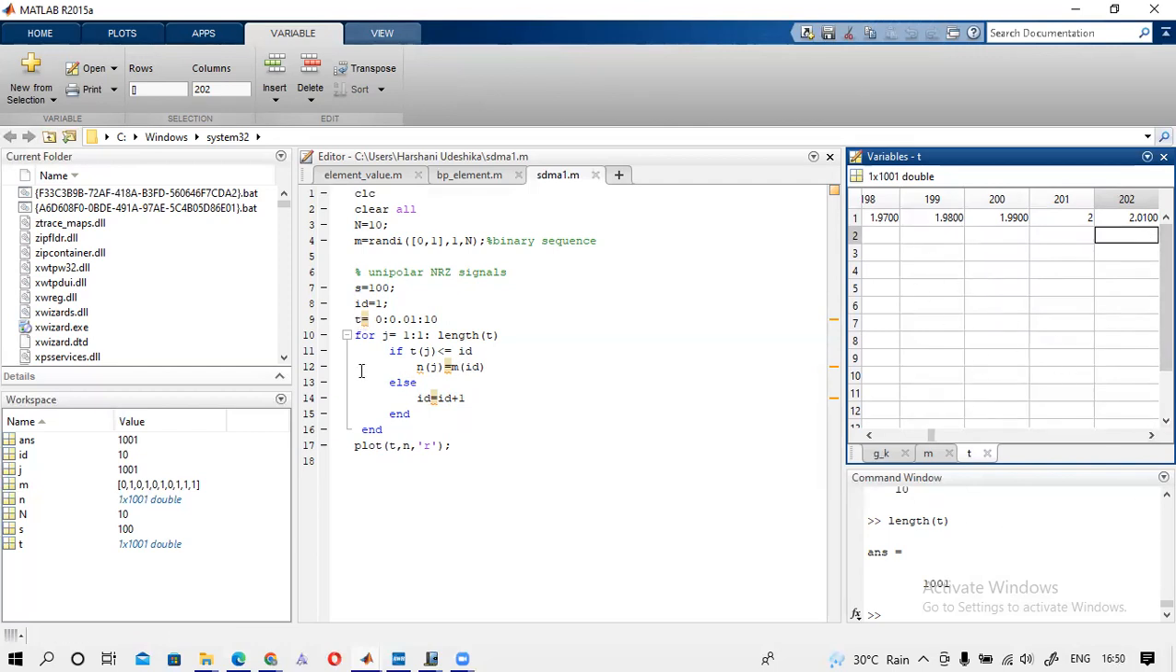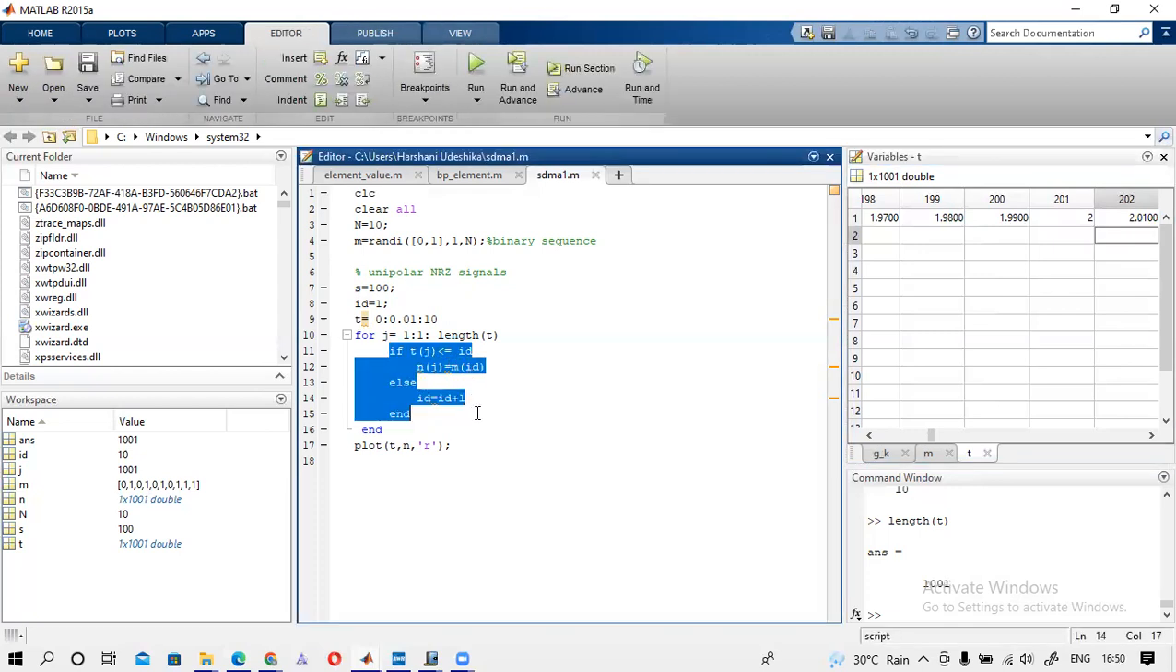So you can see that this is a very simple for loop. I hope you can understand this by yourself. I have given the outlines, so I think you can understand this by yourself. So here